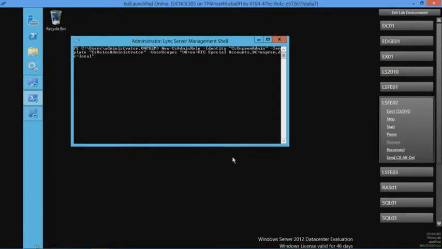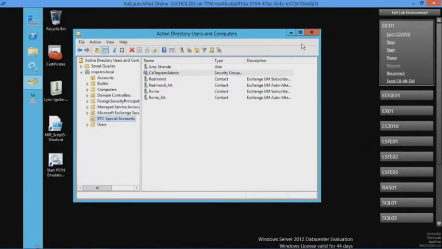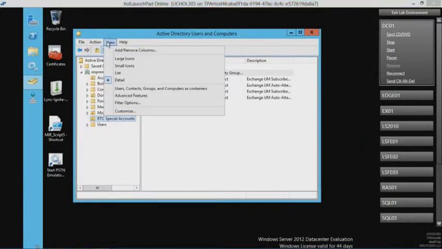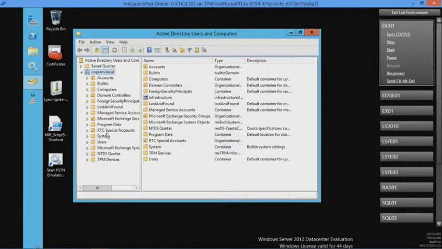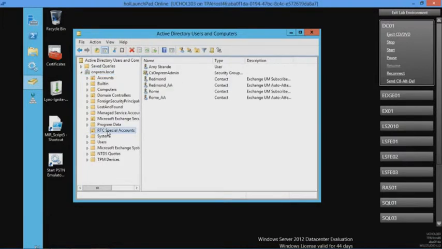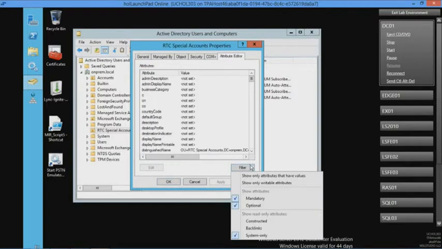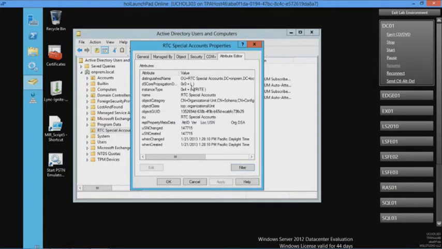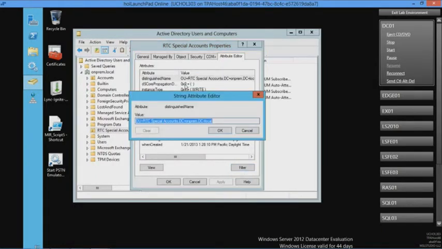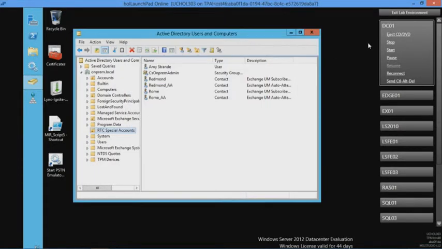Now sometimes it can be cumbersome and you have a very deep scope level of where you're going. One of the things you can do as a little FYI is back on your domain controller, if my view is advanced, I come to my RTC special accounts and do my properties. In 2008 R2 and above, a domain controller shows us our attribute editor. If I filter to just something that has values, one of them will be my distinguished name. If I double click on it, while I can't modify it, I can do a Control-C, cancel out of it,